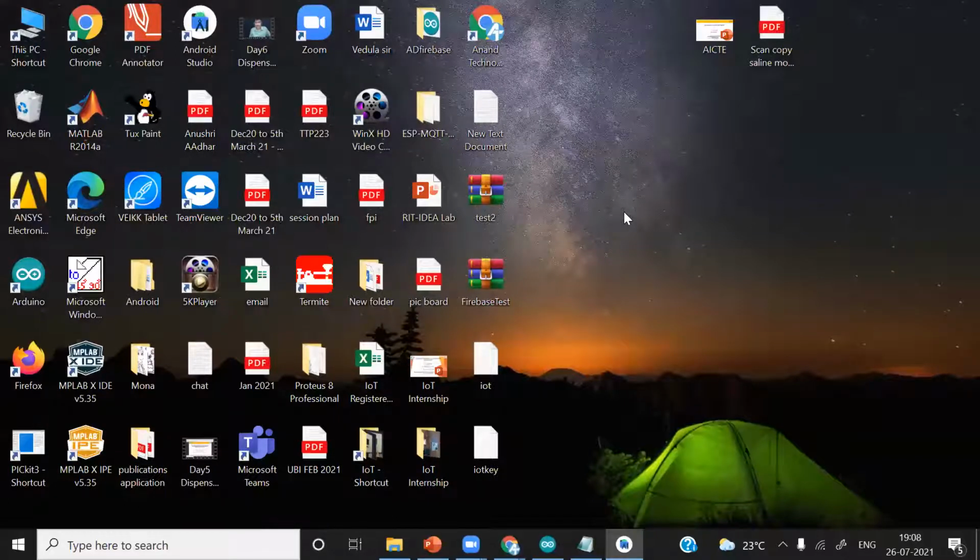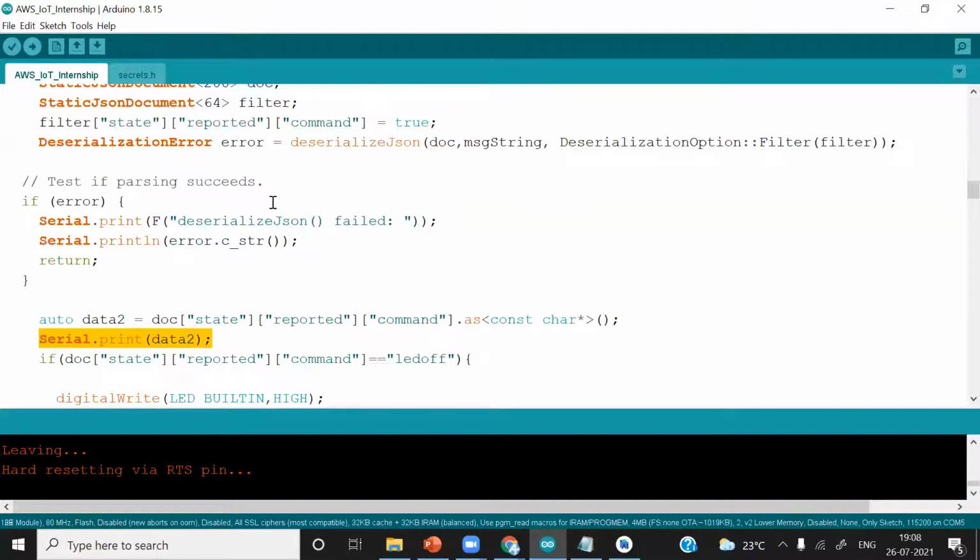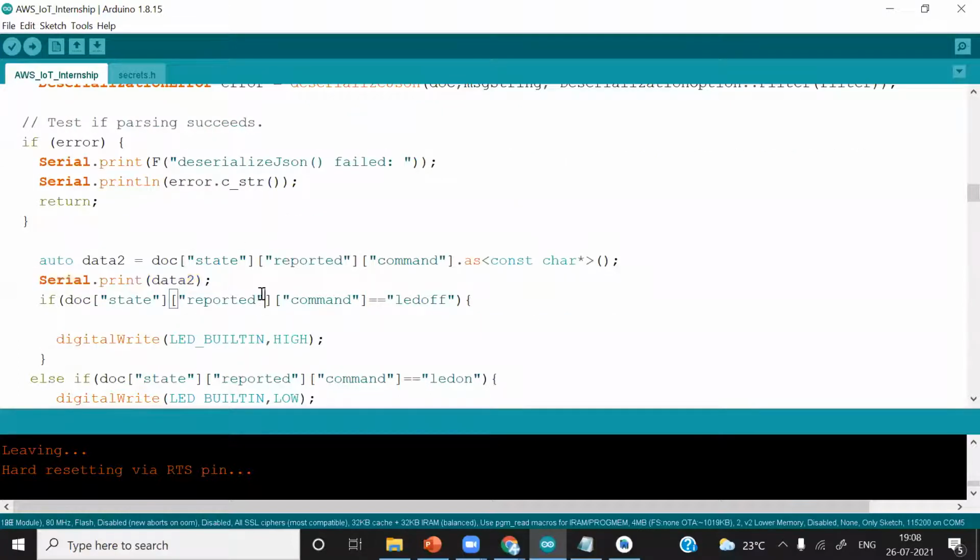Sir, please explain the need of as constant char. You can see here, if instead of doing this as constant char, I try to put this entire thing into Serial.print, it will not get printed. It will give you an error. You can try, I will provide the code. To convert this document or the data against this object, you must convert it into string.